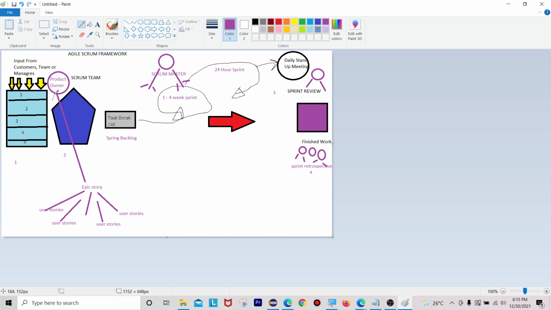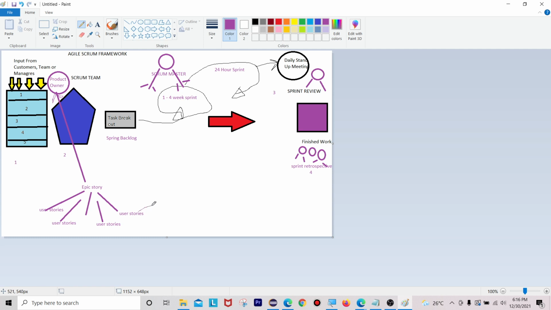But user stories and everything, who are going to design? As a tester, we are going to design all our test cases based upon the user story. And the product owner is the only person who is going to directly connect with the customer or the client. Again, these user stories are going to be divided into tasks and subtasks.